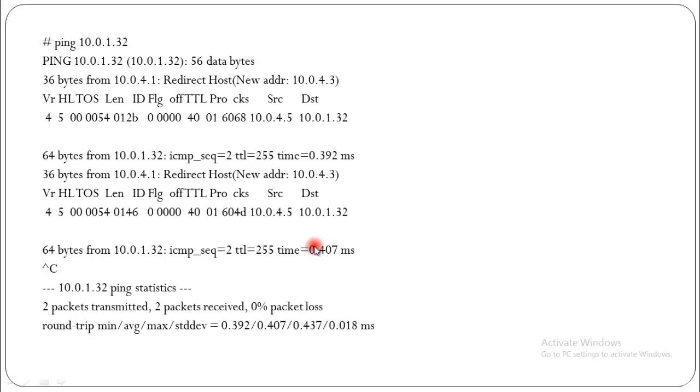As you can see, I have cancelled the request, else it would still continue, and this upper arrow C means that I have cancelled that. So, even though host A received an ICMP redirect for every packet, you may wonder why it did not take a new path right away. If we examine the routing table on host A once again, you notice that a host-based route was indeed installed for the IP address